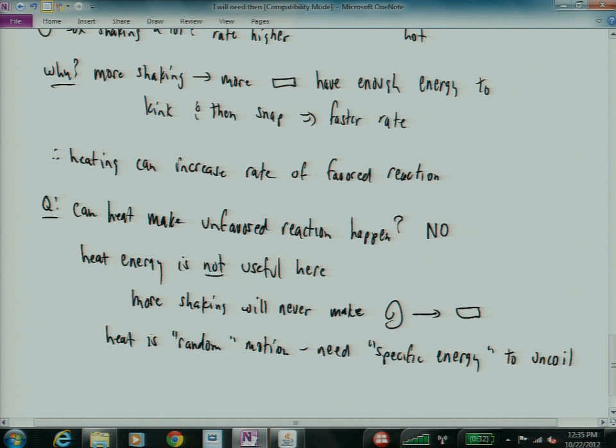So there's nothing I can do. I cannot win this battle by heating it. I can make it coil as fast as I like. The harder I shake it, the faster it'll coil. But I can never make it go the other way. We'll talk about biological interpretations of that in the next couple of lectures. But before I go further, I want to make sure everybody's with me on that. You can't make it go from unstable to stable just by heating it.